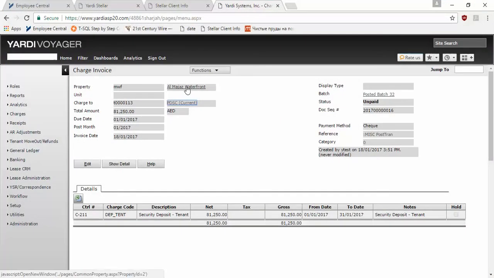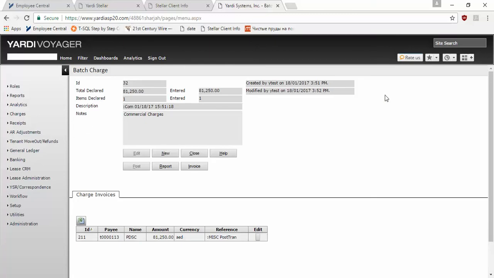We can go to the property, we can go anywhere. Again, now this batch is posted. If I want to return to the header, I click on posted batch. I'm back at the header level. So this is in terms of